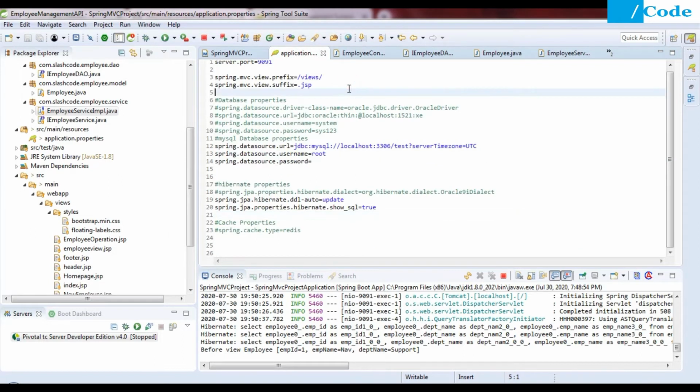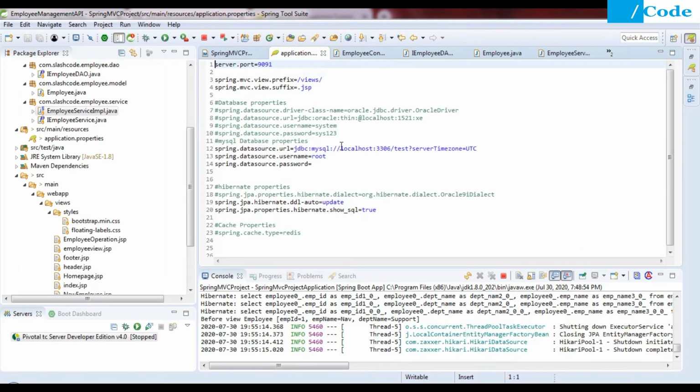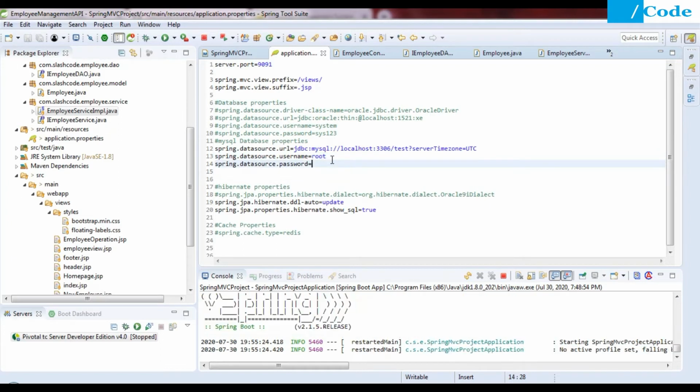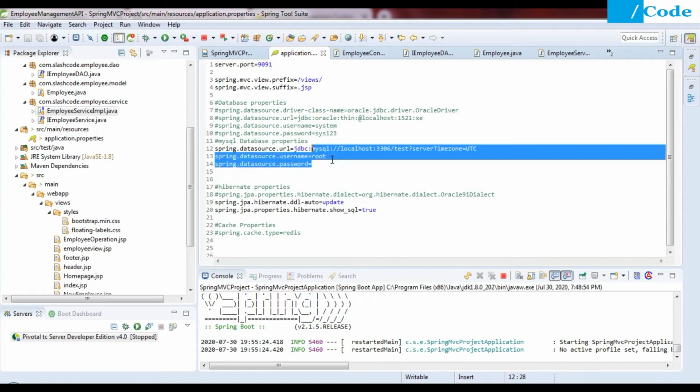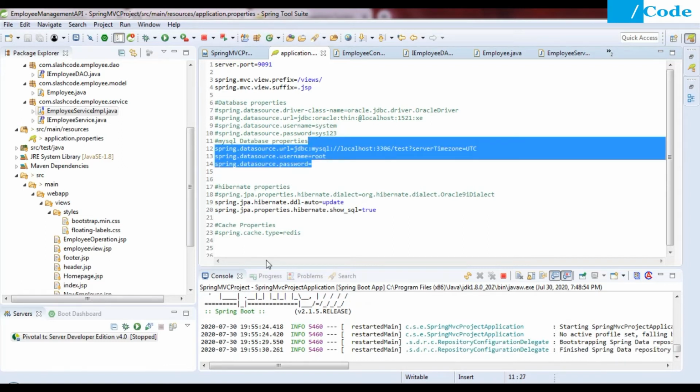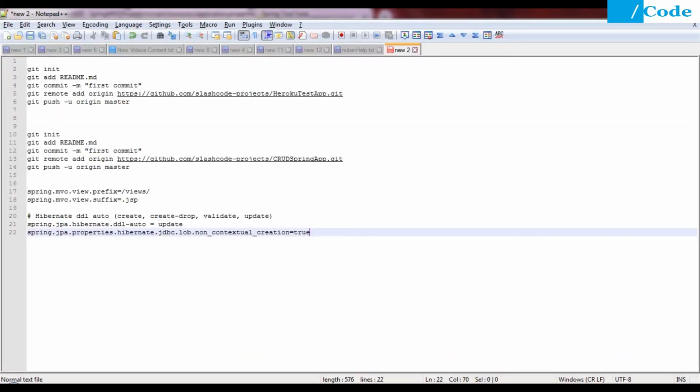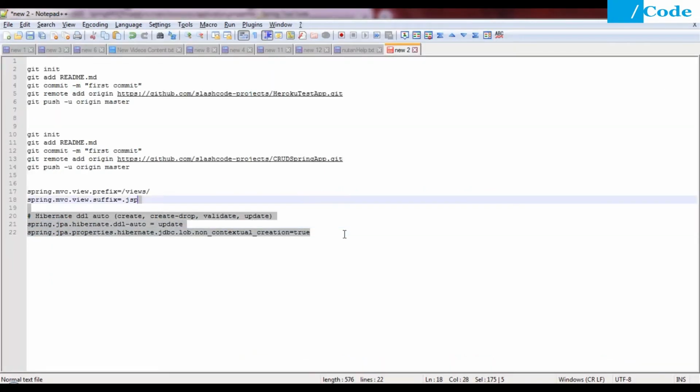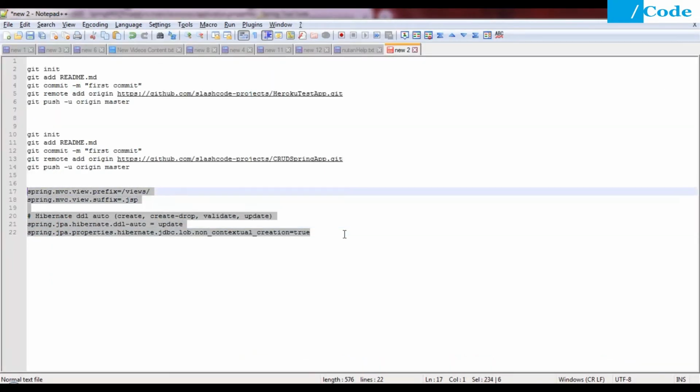Here we have multiple properties, server.port, then we have the URL of MySQL. As Heroku is very intelligent and has the auto configuring feature, we do not need to put this. So I have already copied for you the data which we need to put in the application.properties file.